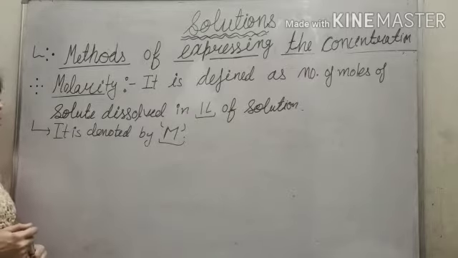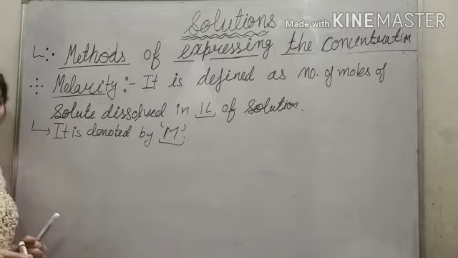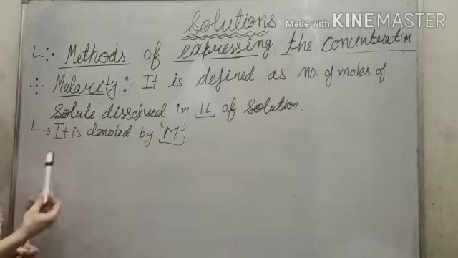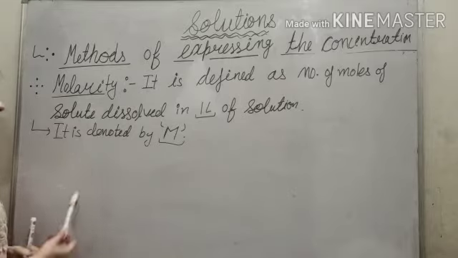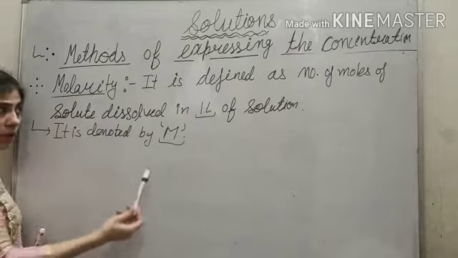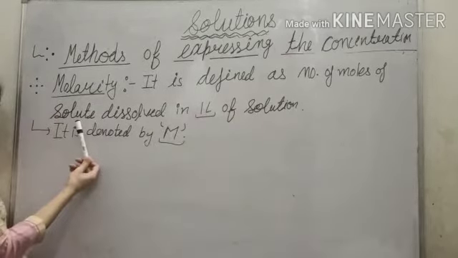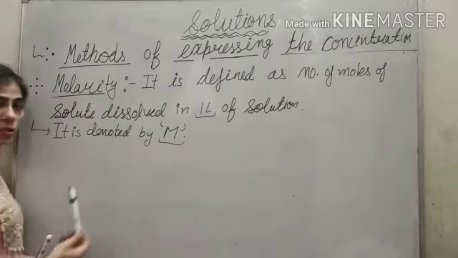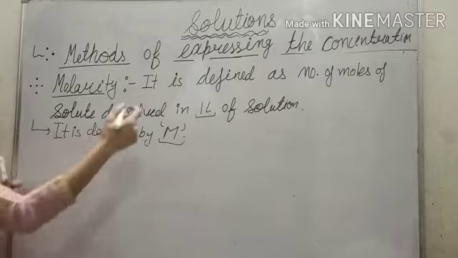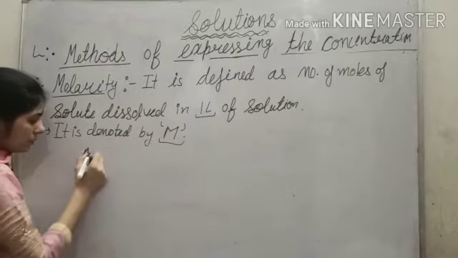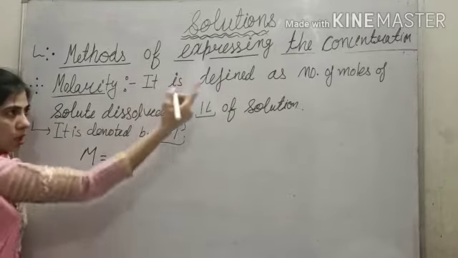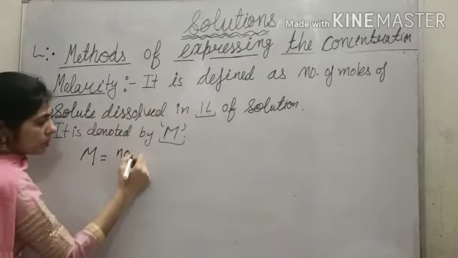Well students, now move to the next method of expressing the concentration, that is the molarity. Molarity is defined as the number of moles of solute dissolved in 1 liter of the solution, and it is denoted by capital M. Mathematically, according to the definition, molarity is equal to number of moles